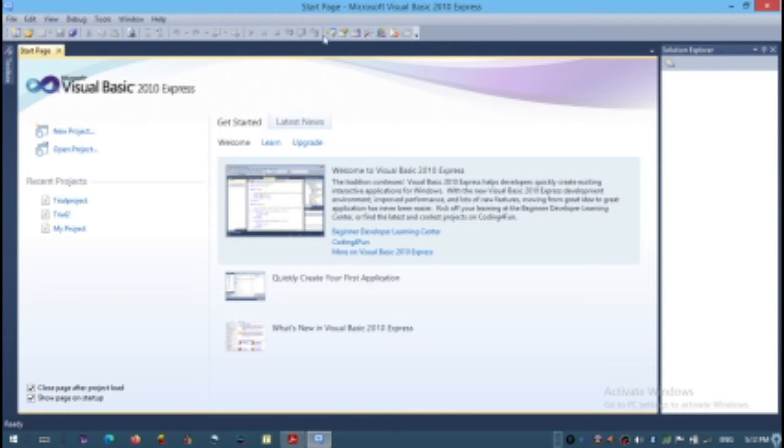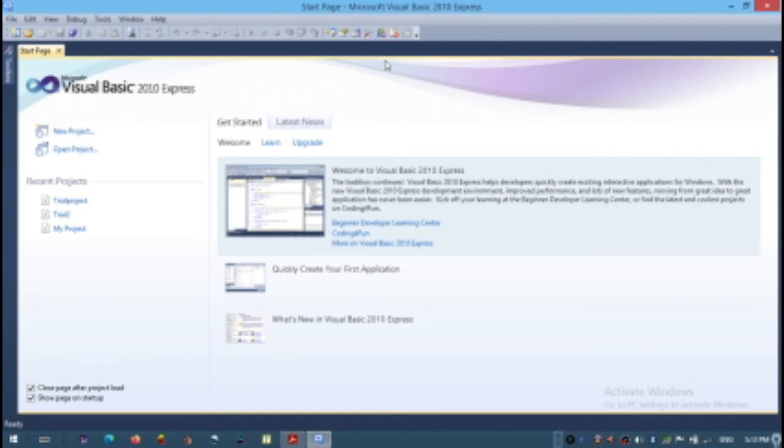Now, if any window is missing, we can open it by using menu options. If any window is closed by mistake, we can open it by using menu items or some toolbar icon. For example, Solution Explorer. Suppose you close Solution Explorer, you can open it using this toolbar.